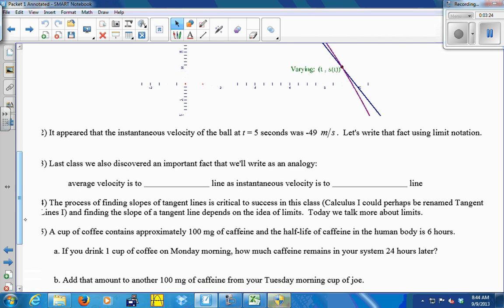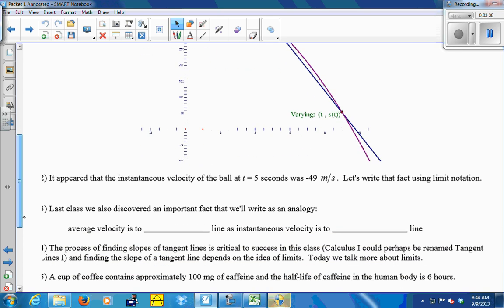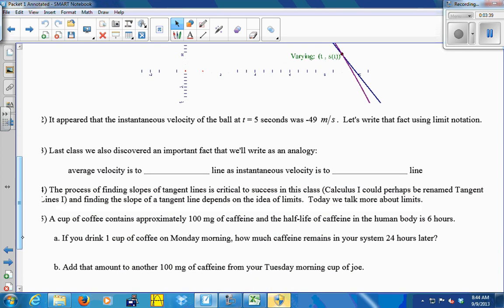And it appeared that as we let the varying point t, s of t move closer and closer and closer to the fixed point, that blue line was becoming closer and closer and closer to a tangent line. And it appeared that the slope of that tangent line was negative 49 meters per second. So to write that fact using limit notation, we would write the limit